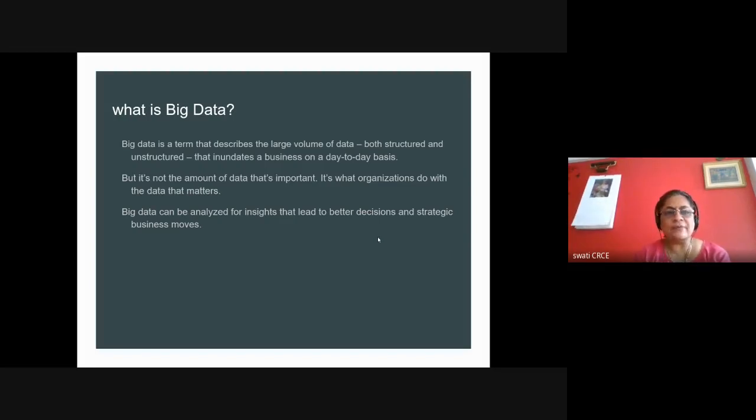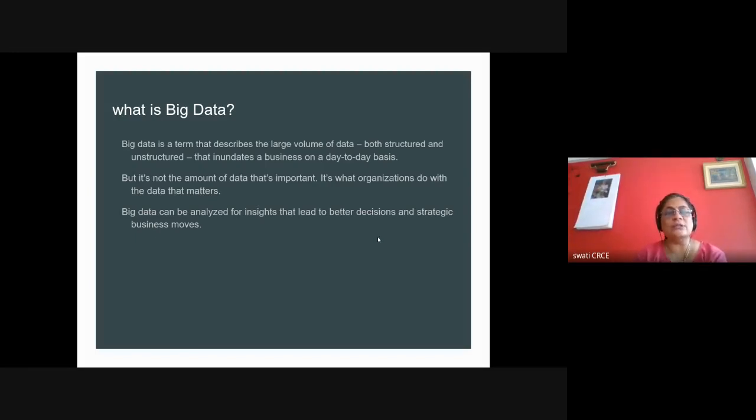Okay, so we have seen what big data is. Big data is a huge amount of data. It may be in the form of petabytes or terabytes of information that we cannot handle using our infrastructure. It is collected from a variety of sources, and it is a variety of data: unstructured, structured, and semi-structured data. So big data is a variety of data gathered from a variety of sources, and we cannot process it using our existing infrastructure.